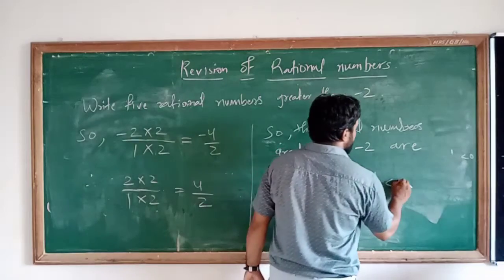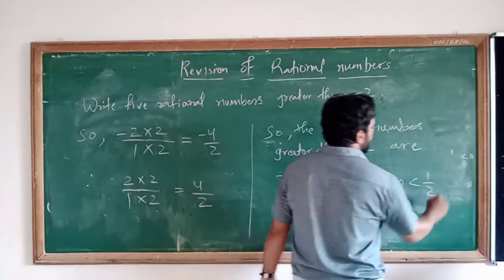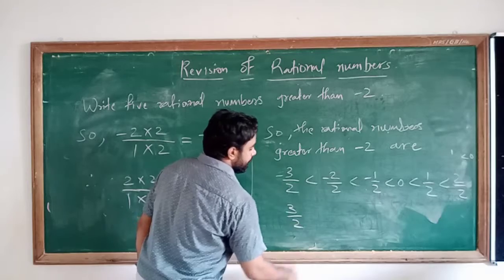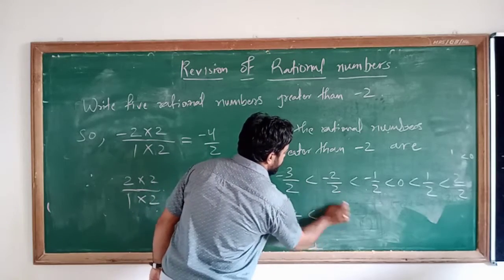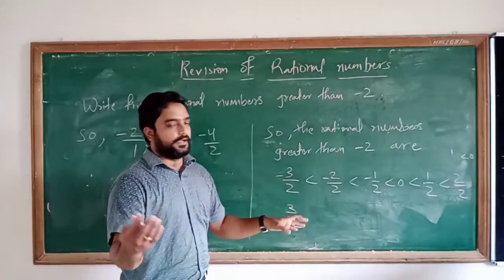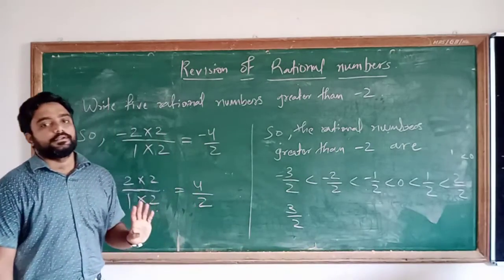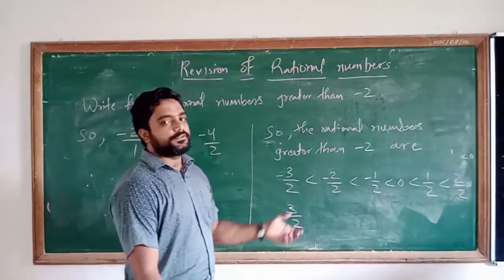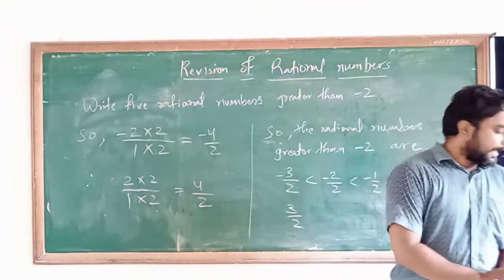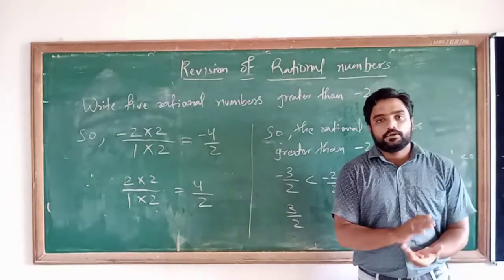Then after 0 also you can take. Then next 1/2. Then after 2/2. Then after 3/2. Then, okay, you don't have to take the last one, that is the 4/2. So here you see, I am obtaining more than 5. That is 1, 2, 3, 4, 5, 6, 7 rational numbers. Understand? So you can write any 5 also, or you can write the 7 rational numbers also. So this is the answer of one of your questions from the exercise. Understand? So in this way, this is the completion of the revision of the first chapter.